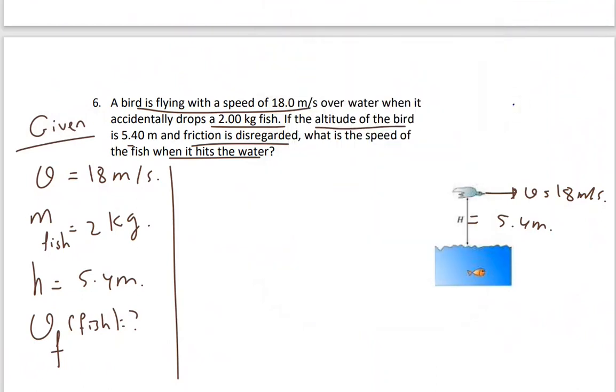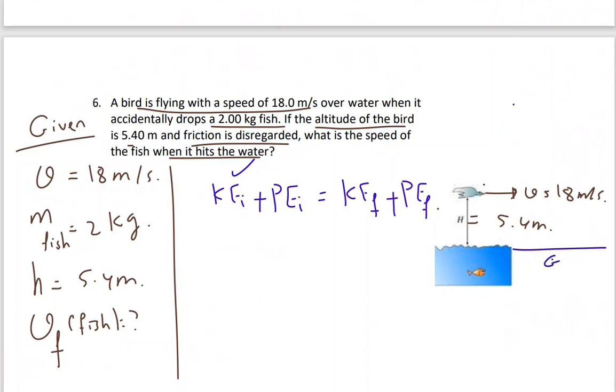Now, I'm going to use the conservation of energy: kinetic energy initial plus potential energy initial equals kinetic energy final plus potential energy final. At the beginning, the fish and the bird were moving, so I have a kinetic energy, and there is height. If we take our reference here, the gravitational potential energy at the surface of water is 0. So there is height, so I have a gravitational potential energy. So I have a kinetic energy plus gravitational potential energy initial equals